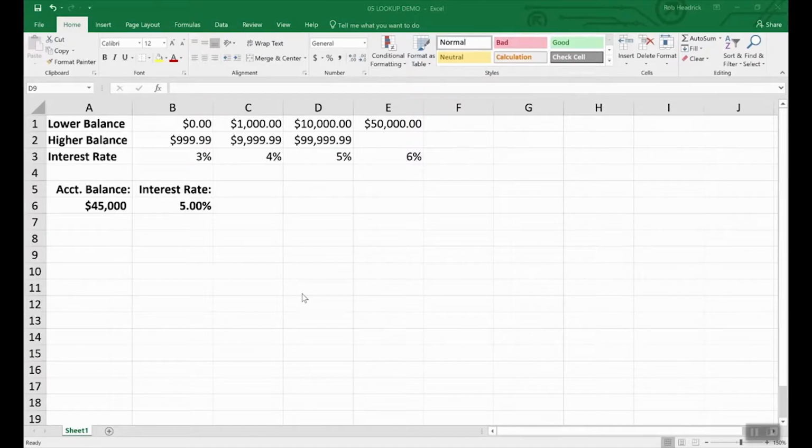we're going to use this small spreadsheet. To get your bearings, cells A1 and E3 relate to a variable interest rate that is paid on a bank account. For balances under 1,000, the interest rate is 3%. For balances between 1,000 and 10,000, the interest rate is 4%, etc. Okay? Now, cell A6 shows the balance of a specific account, and then the lookup function is used here in